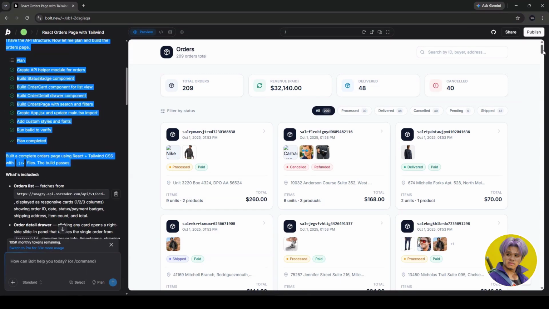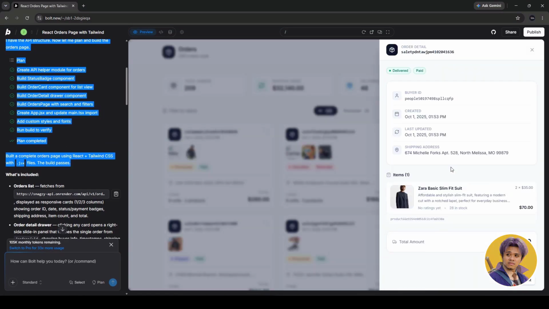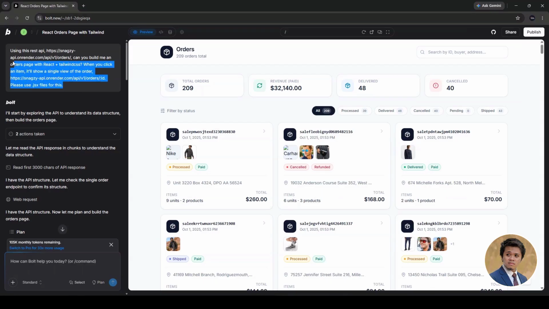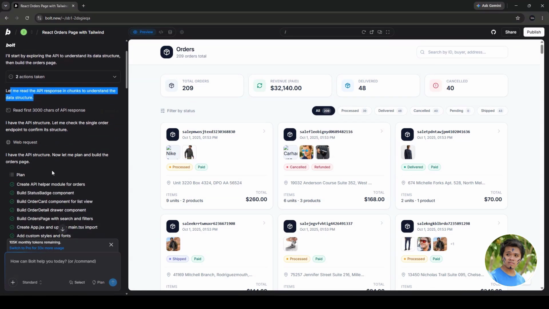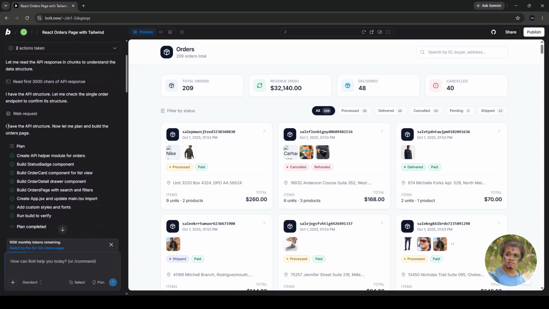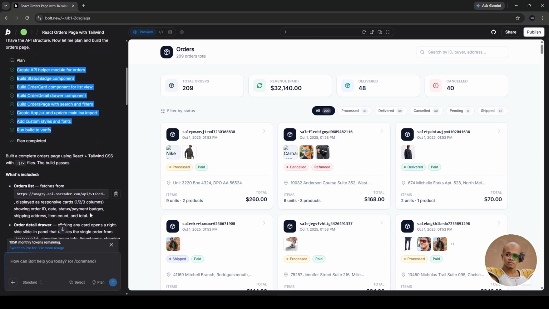The orders are rendered in cards like this. Then when you click any of them, it will display the order details from the right side. Bolt implemented the prompt and made some plans as guidelines for what was required in my prompt. The prompt requires it to use React and Tailwind CSS to build the front end.